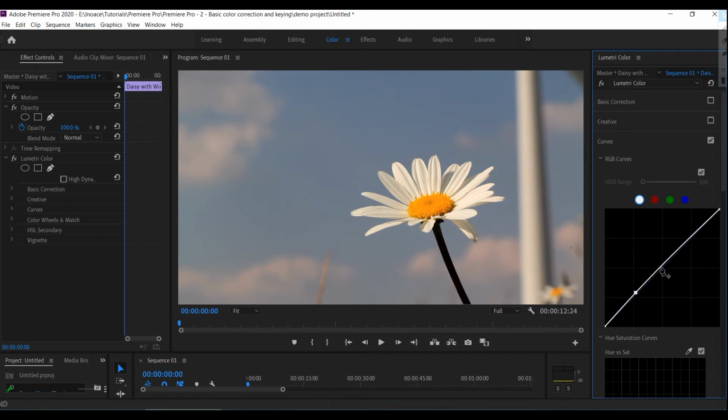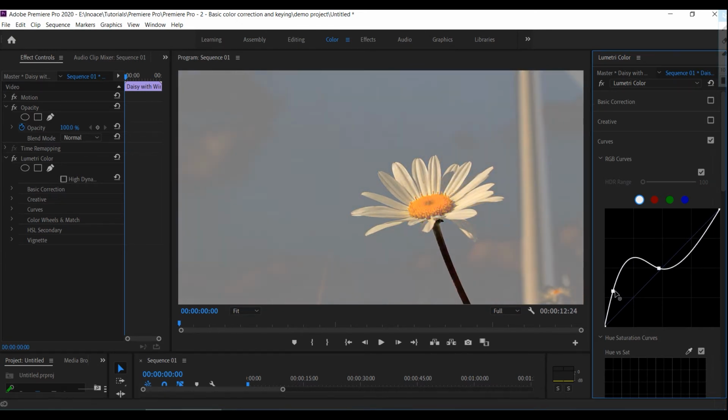For example, if I add an anchor point here, and let's move this one. If I'm moving it to the right hand side, the top side is moving towards the right hand side. You can see it's kind of connected to each other. So in this way I can either increase or decrease the contrast.